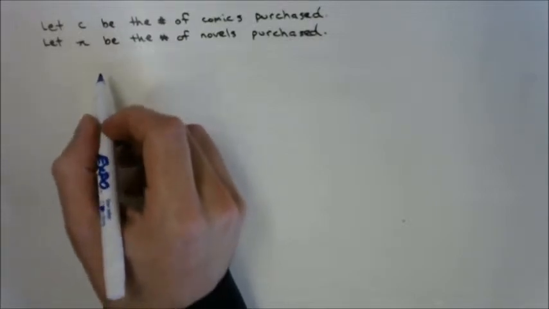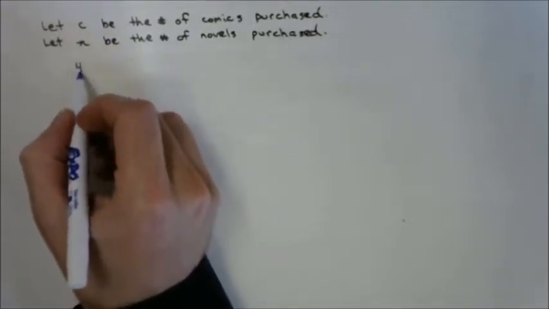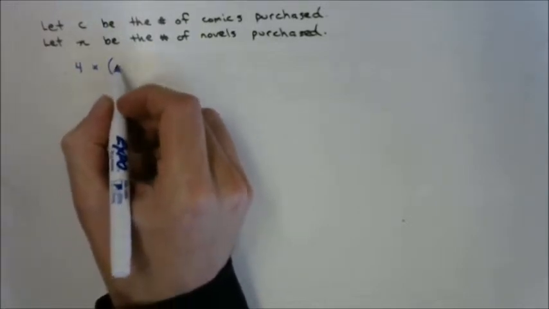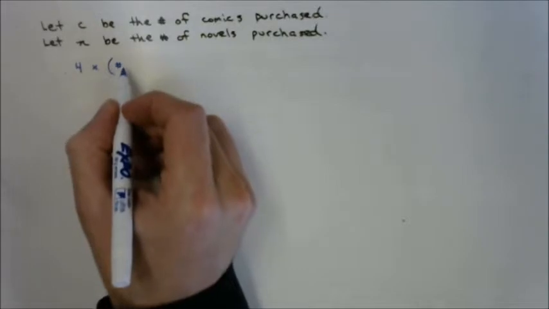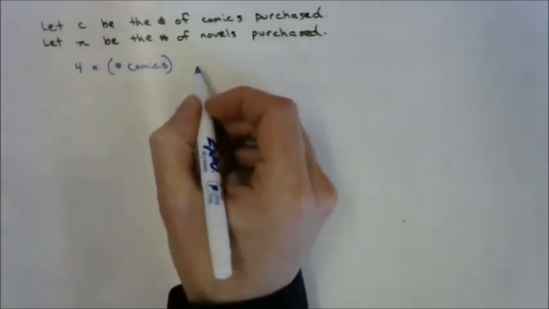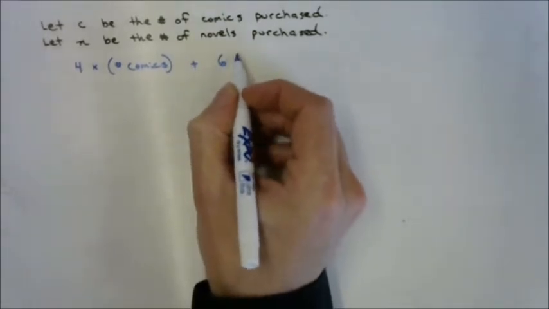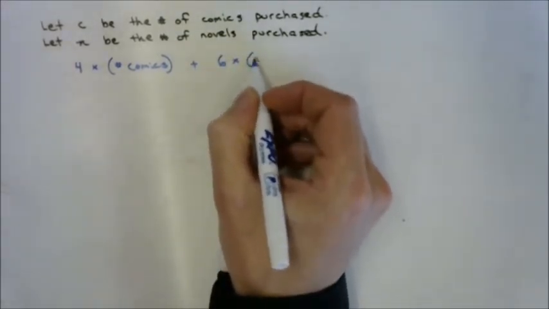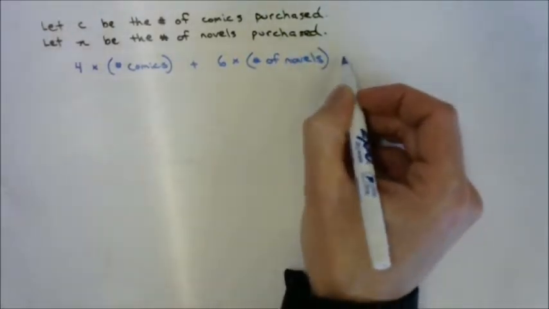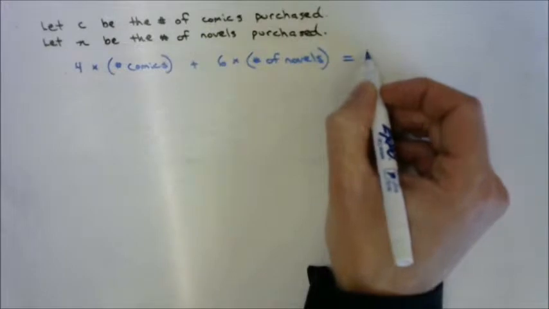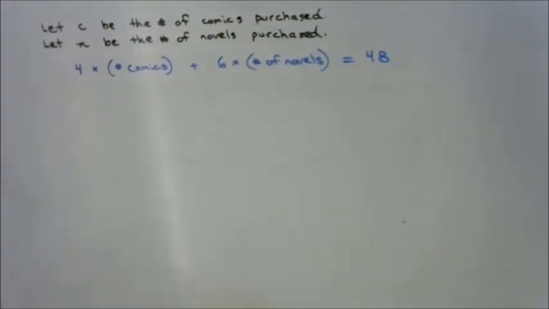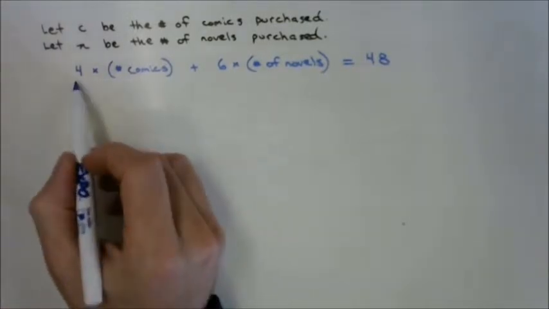What we know is that 4 times, and I'm just going to write this in brackets, 4 times the number of comics plus 6 times the number of novels is going to equal $48. Okay? So what this means is that we've identified that the comics are each going to cost $4, but